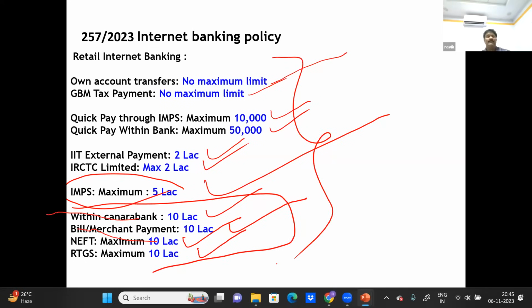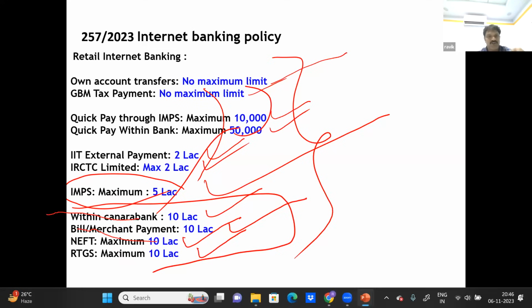I made my work by keeping it in such a way that you can read. Otherwise, if you see that policy, it was written there, confusion. So I made it in such a way so that you can read. You read once or twice, you will remember. So that is the way I have kept it. Please try to understand. Your time is very precious, so I am also trying my level best to give you the best way of teaching skills or logics